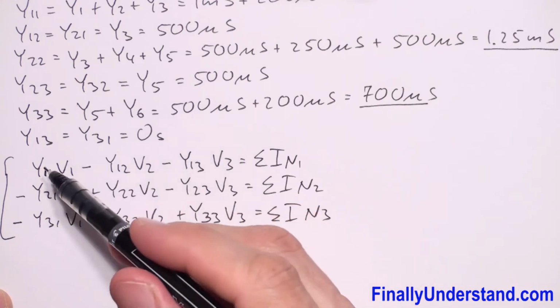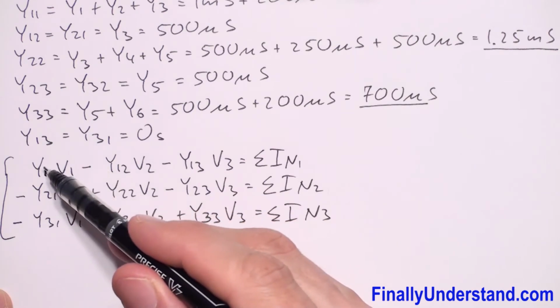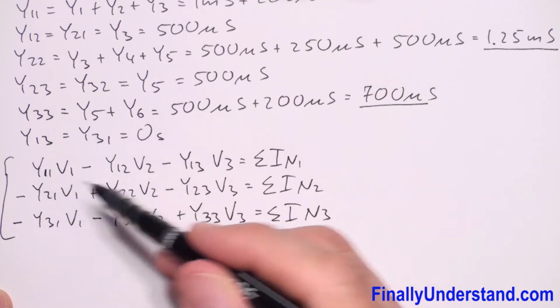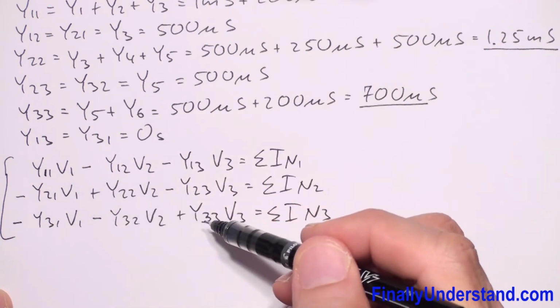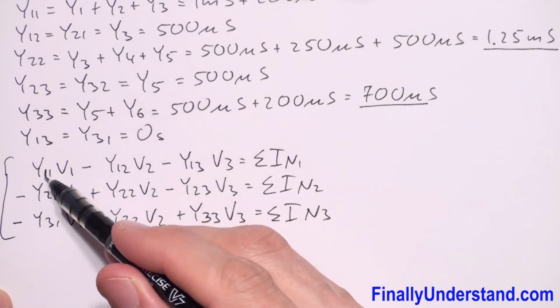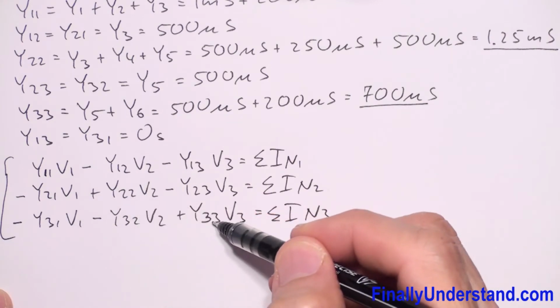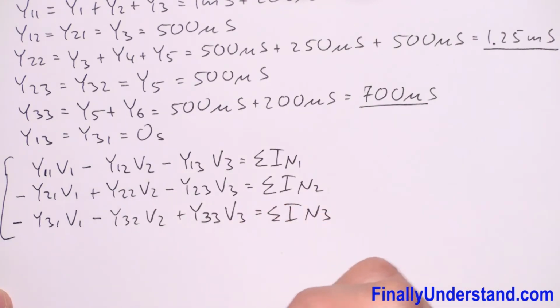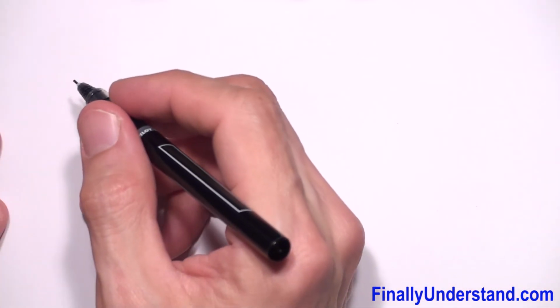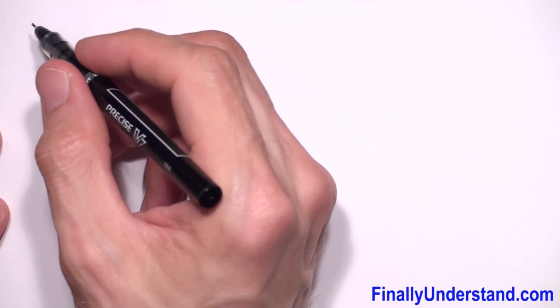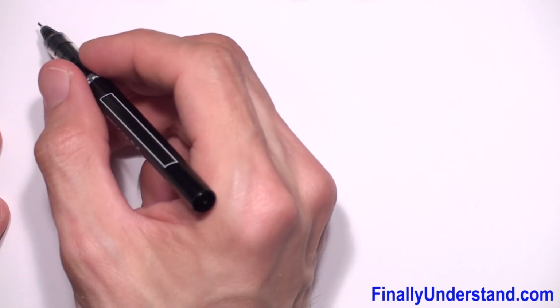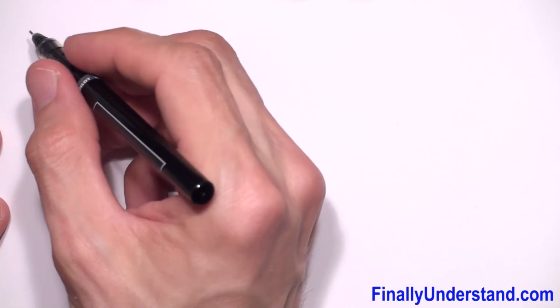Second row, second column. Second row, third column. And please notice that the positive admittances, the positive coefficients of V1, V2, and V3 are only the ones which have the same digits. I have 1, 1, 2, 2, and 3, 3. Rest of them are negative. So this is very easy to remember. Now we are going to substitute the variables by the numbers. Okay, if you look at the formula, we are going to see first Y11. So Y11 we found is equal